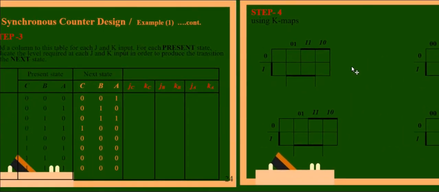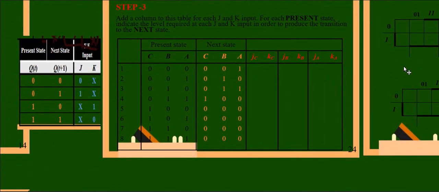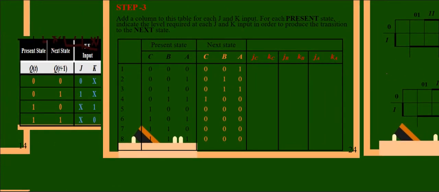Now we move on to the excitation table and how we form it. Again, I am taking the JK flip-flop only. You can take whichever is easy for you. Most counter methods use either T flip-flop or JK; D and SR are not preferable. In this table we know the present state and next state, and we add extra terms: how JC and KC work, how JB and KB, and how JA and KA. First we discuss the present state C and how it changes to C plus.